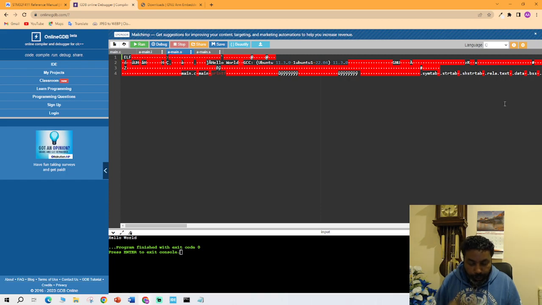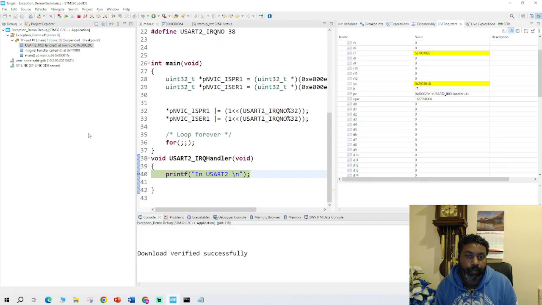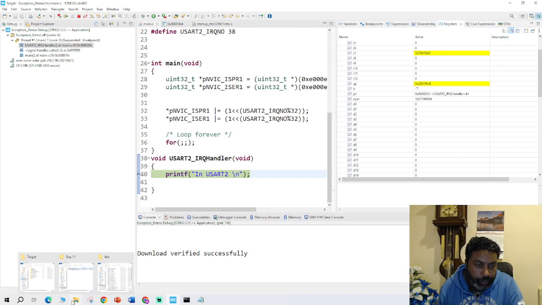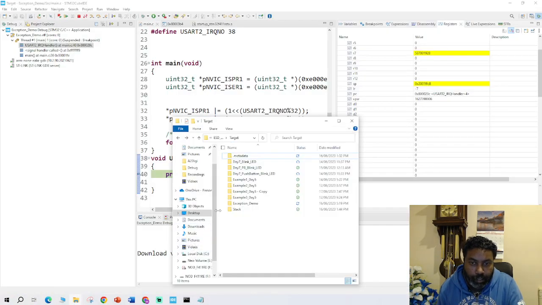Let me show you an example of using the compilation tools. I'll show you how this can all be done with the toolchain that we just downloaded. For that, I'm going to open the IDE. I already downloaded it. I will open the project from the previous example, so I don't confuse you. Before doing that, I would like to go into the previous projects. I already made a copy